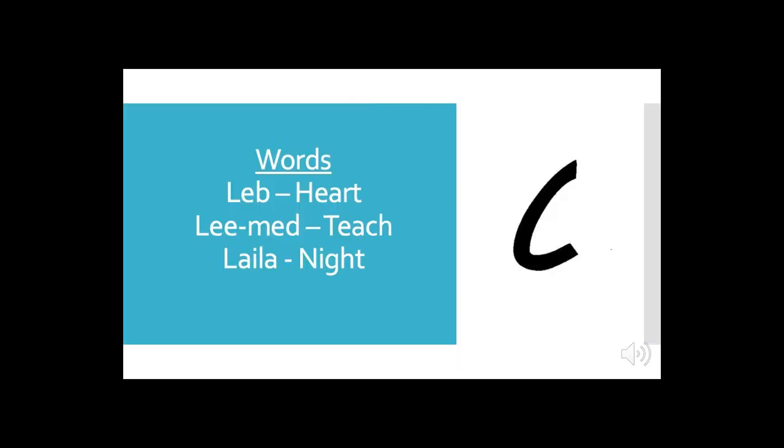On page 56, we're going to look at some vocabulary words for the letter Lamed. Lamed represents the L for us. The first one we're looking at is lev, and that is heart, number 3826. And it is spelled Lamed, Bet, Hey. We have not had Bet for a few videos, so you might want to look back up at your card to see how the Bet is formed,